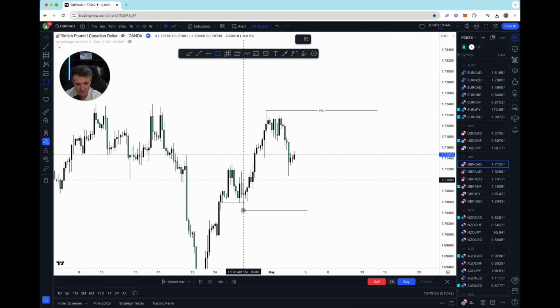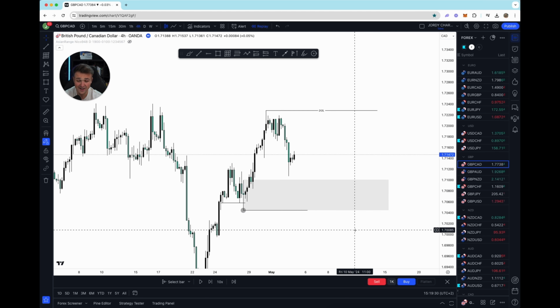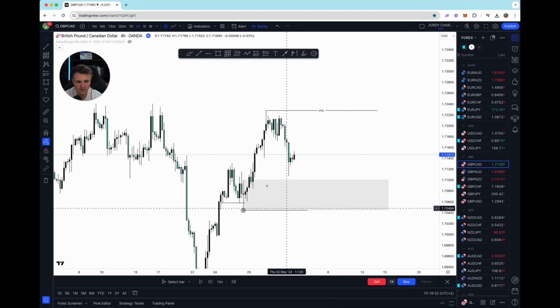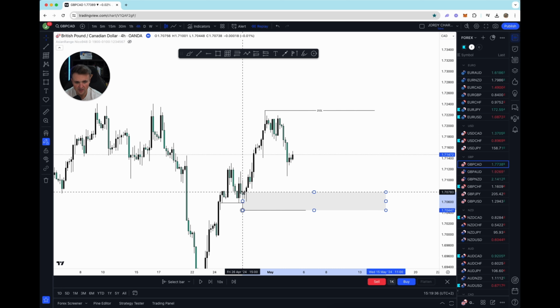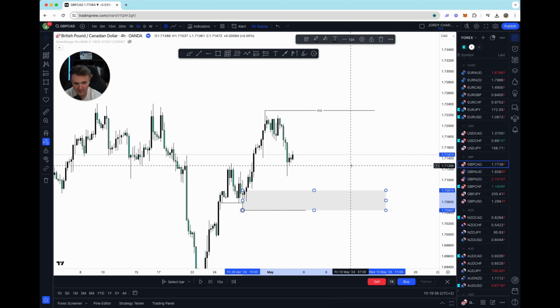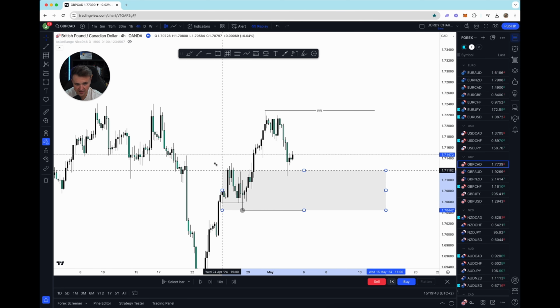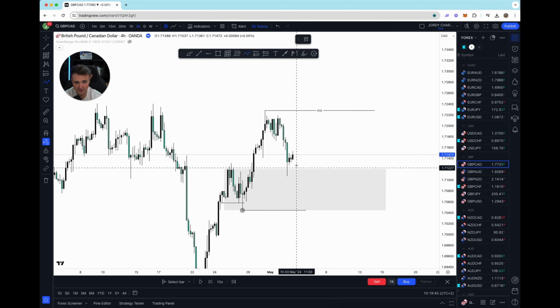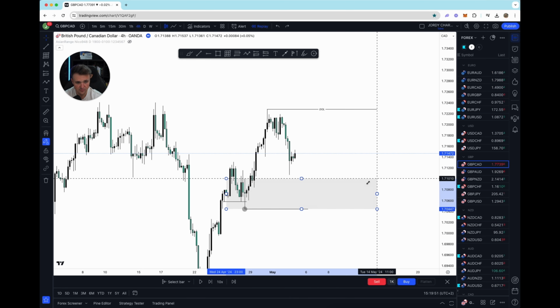For me, I always look at dojis. They give me a strong indication of where the strongest fight was between buyers and sellers in the market. So I always look at these zones. And of course, I don't need to be making the zone perfect because I'm not just placing a limit, I'm waiting for price to react. So I can just actually do this. I just look for a scenario to trade on a lower time frame right here. And there is where the magic is going to happen. So pay attention. We have our zone.